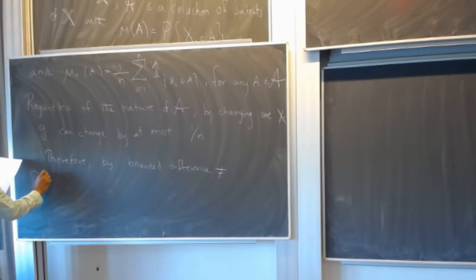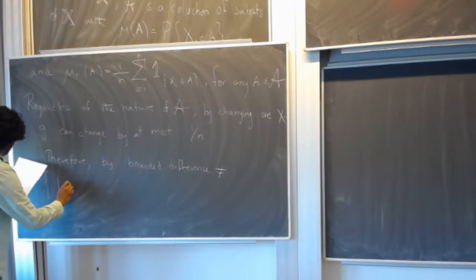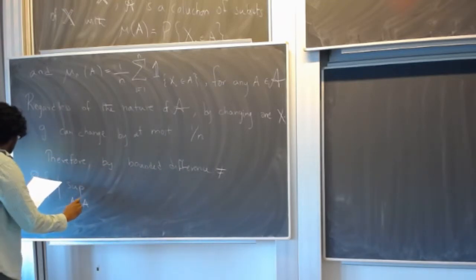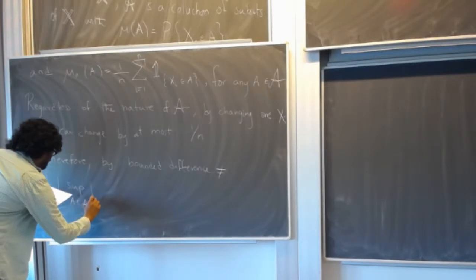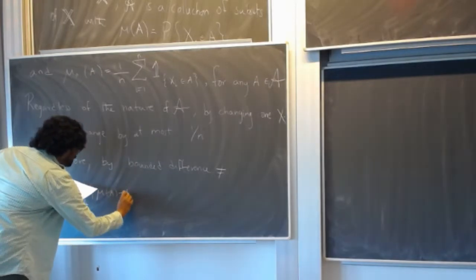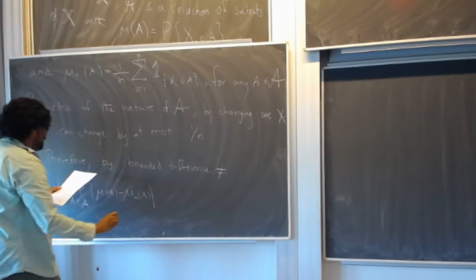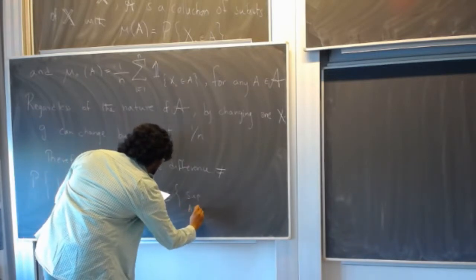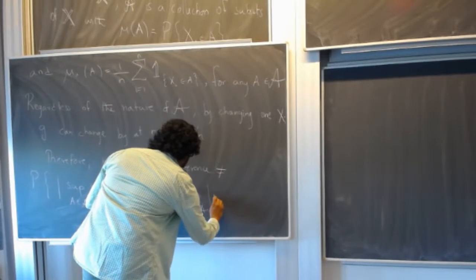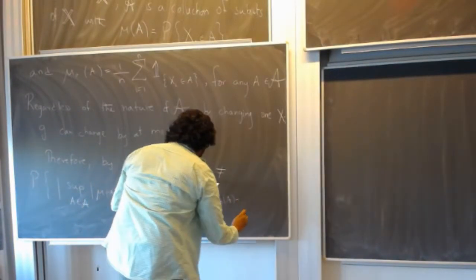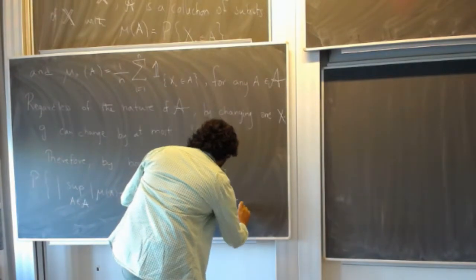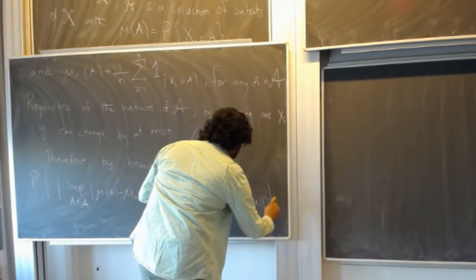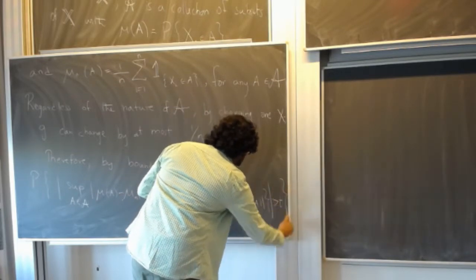The probability of the event: the absolute value of the supremum over A of mu of A minus mu n of A, minus the expectation of the supremum over A of the absolute value of mu of A minus mu n of A, being more than t, this whole event,